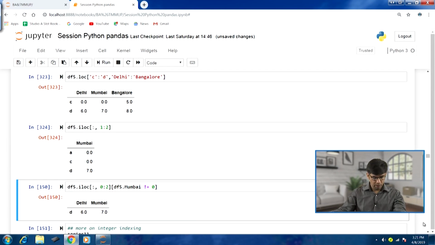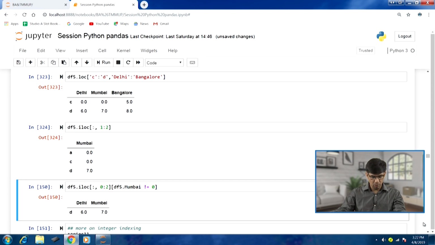Now let us move further. df5, another example of bare slicing. You can see that apart from the slicing that we are performing, we can also filter. In this case df5.iloc, bare slicing, and 0 colon 2. So 0 to 2, those columns are going to be selected, and all the rows are going to be selected, and on top of that we are performing this filtering, df5.Mumbai not equal to 0.